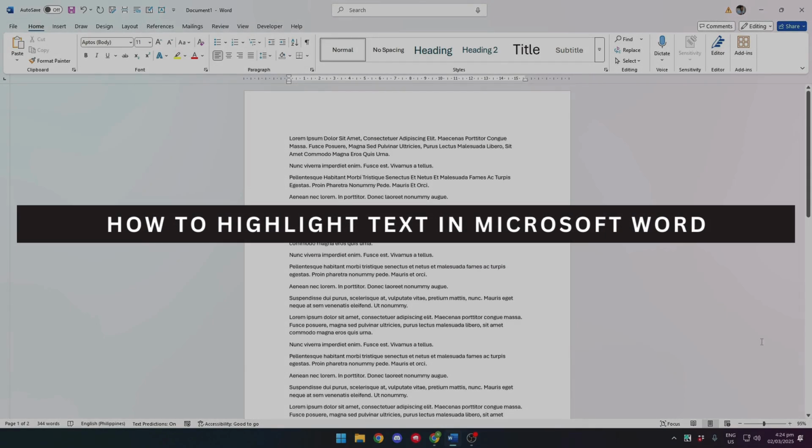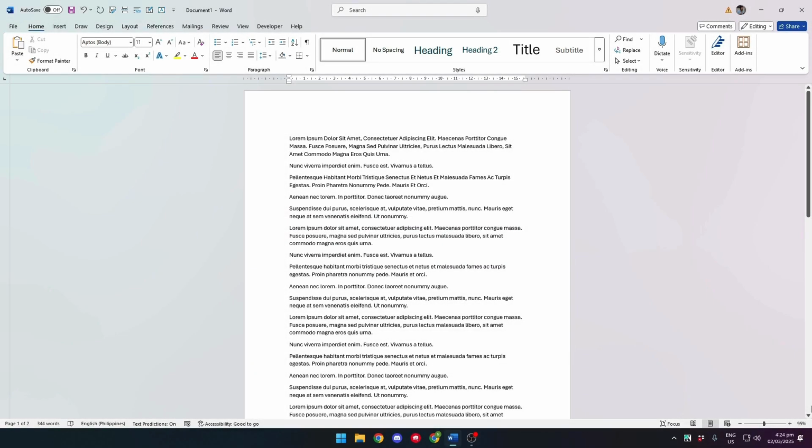Let's see how to highlight text in Microsoft Word. First off, we want to open Microsoft Word. And as you can see right here, we have our document ready. Now let's say that we want to emphasize a certain part of our text, and we can do that by